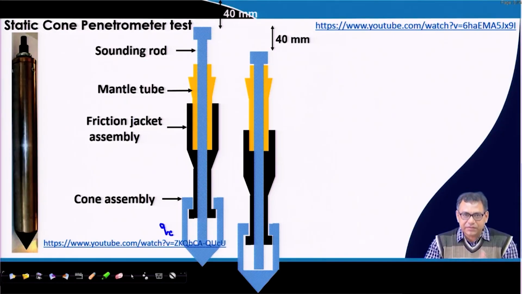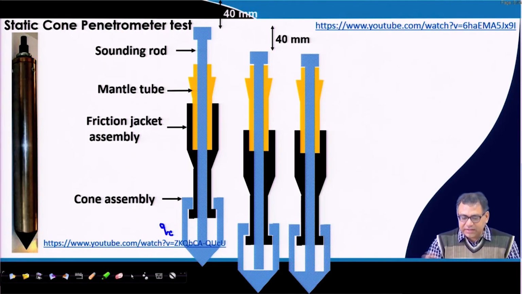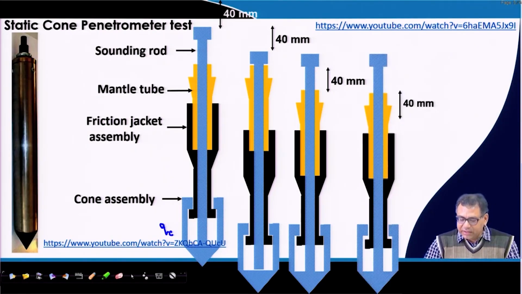Now, if I subtract the cone resistance from the total resistance, then I will get the friction resistance. So, clear? This test will give you the cone resistance and the friction resistance separately. First stage will give you the cone resistance, second stage will give you the friction resistance plus cone resistance, that means the total resistance. In the third stage, this mantle tube is pushed into the soil by 40 millimeter, and in the fourth stage the mantle tube along with the friction jacket is pushed into the